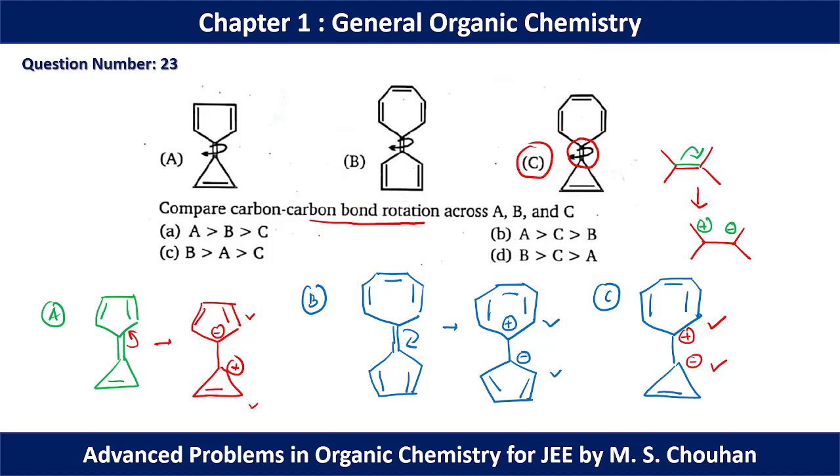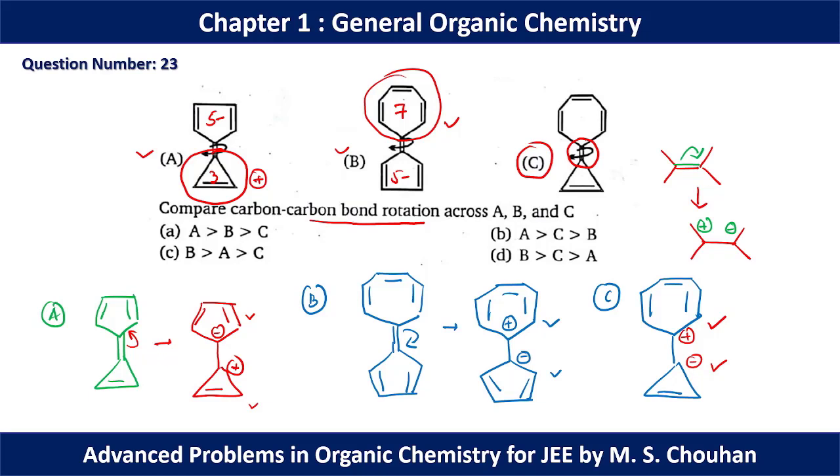Okay. Now if we compare between A and B, we have the same situation for the 5-member ring, because in this case we have a 5-member ring with negative charge and a 5-member ring with negative charge. So the negative charge is pretty much equally stabilized in the A and B molecules. Now, if we compare the 3-member ring with positive charge and the 7-member ring, delocalization is much less in the 3-member ring compared to the 7-member ring, because in this case the carbon number is 7 and the positive charge is delocalized over 7 carbons. In this case, the positive charge is delocalized over only 3 carbons.